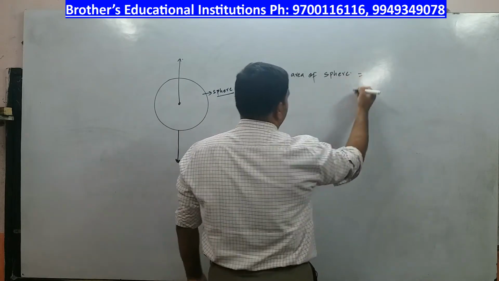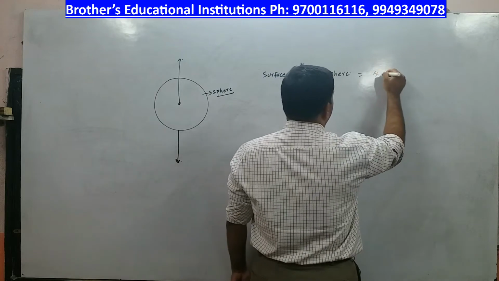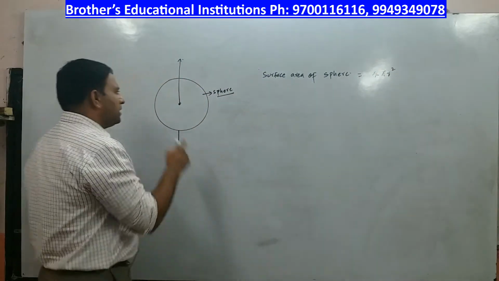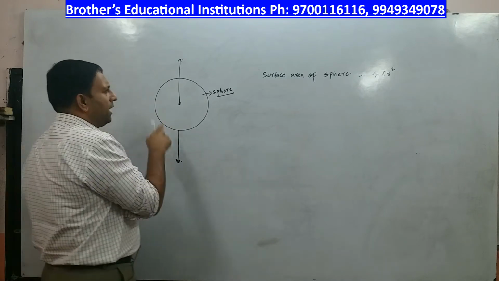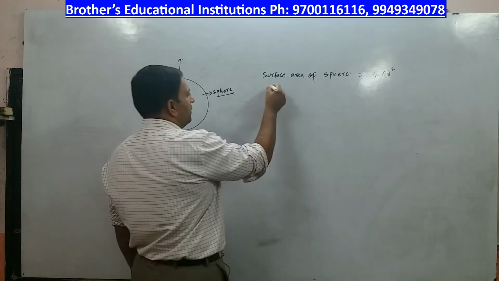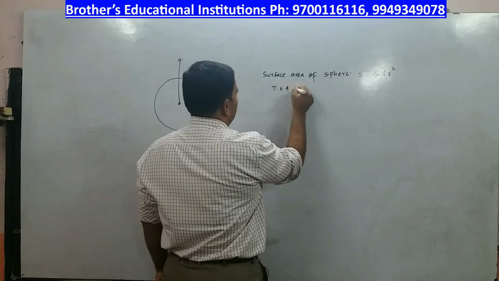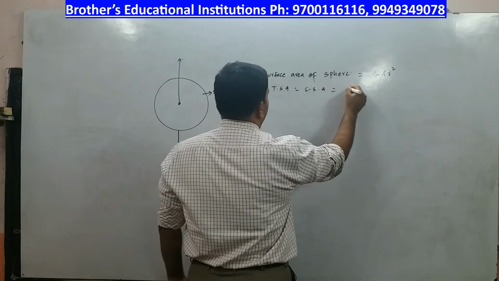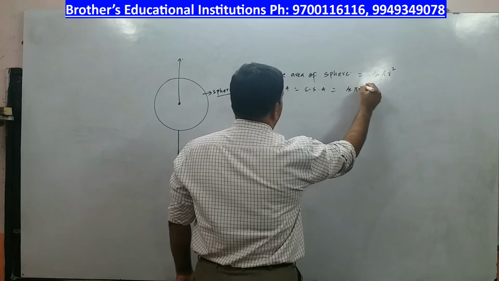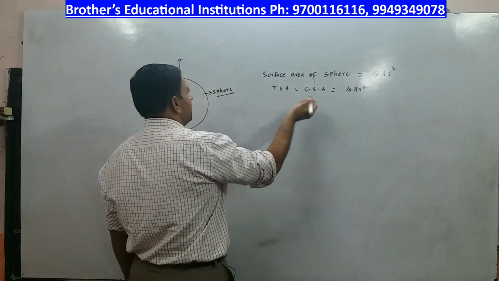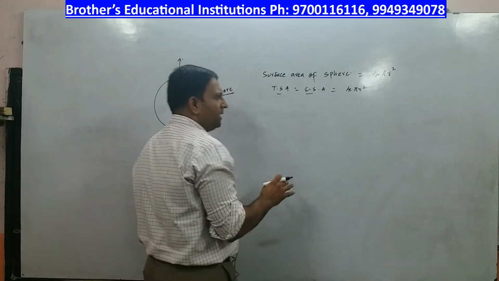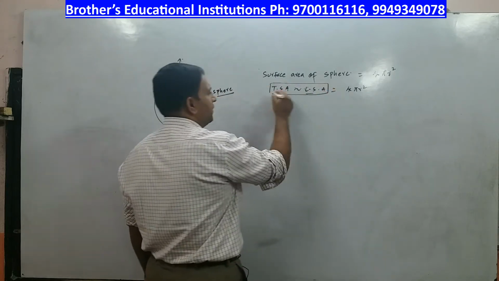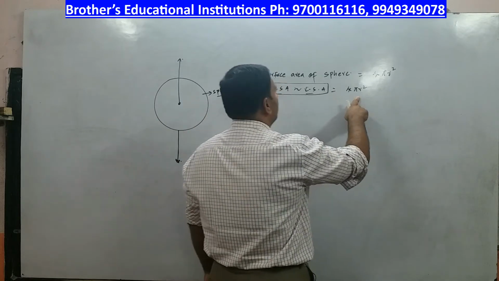Surface area of sphere is 4 pi r square. This is the formula, and sphere is the only case where you will have total surface area equal to lateral surface area, and that is given by the formula 4 pi r square, right? There is nothing called different, both of them are the same, right? It is not different. So I will say total surface area or lateral surface area, that is both equal to what? 4 pi r square.